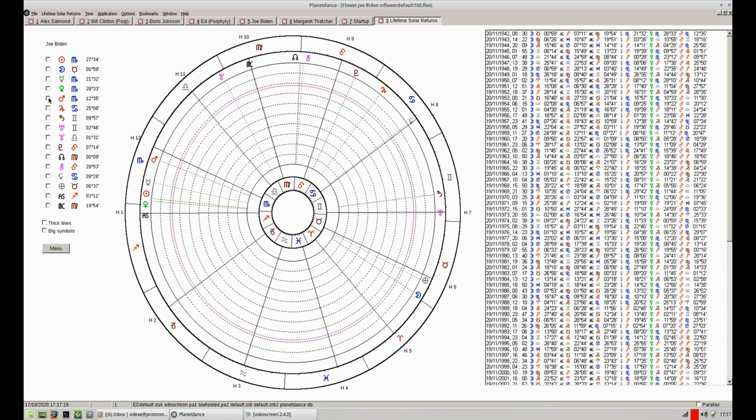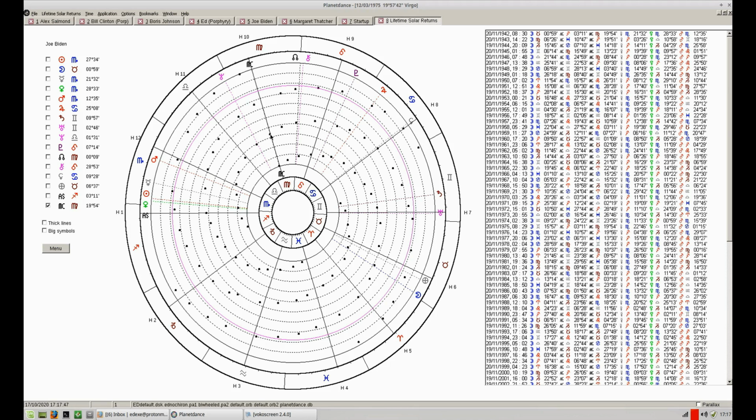We go back and put the MC positions back on. We can see that Biden had an MC return to the natal degree at the solar return around about 1975. So this is 33 years into Biden's life. You can see at the top of the screen the year and the position.